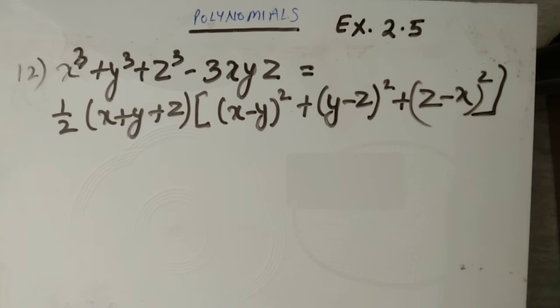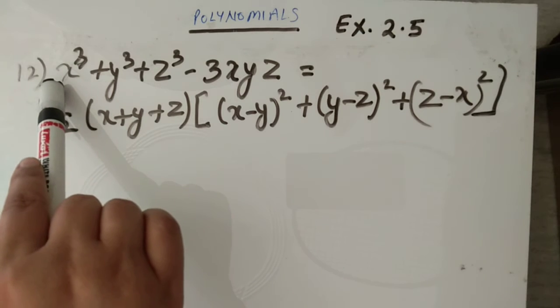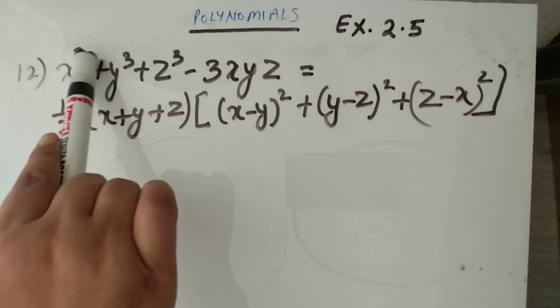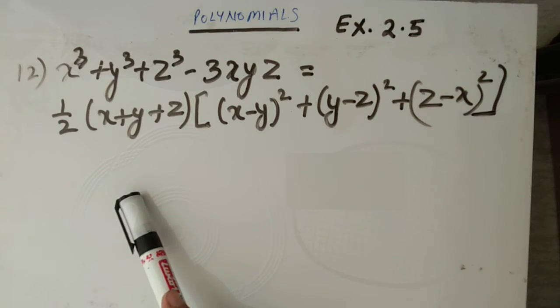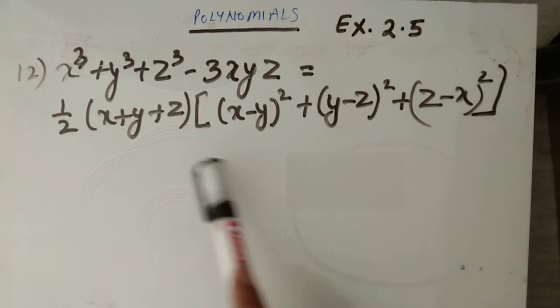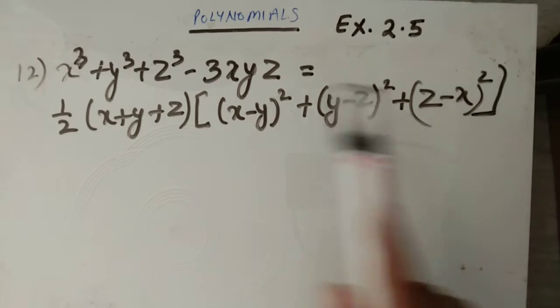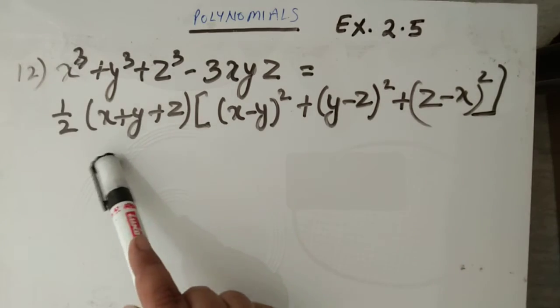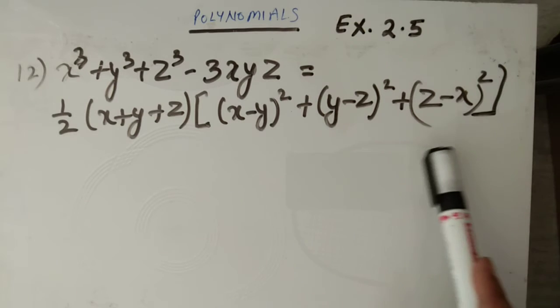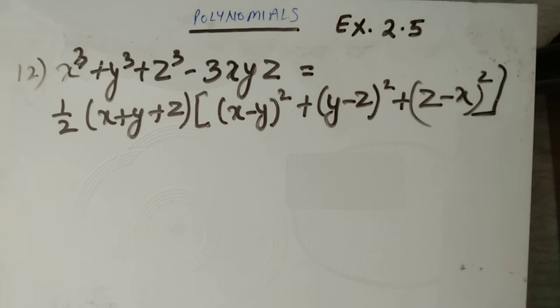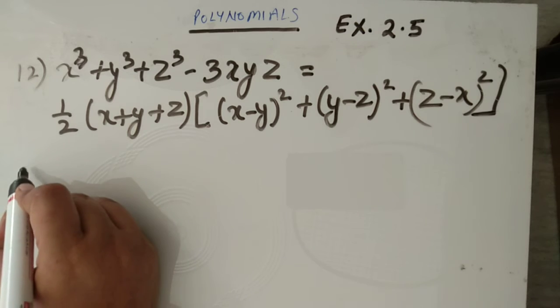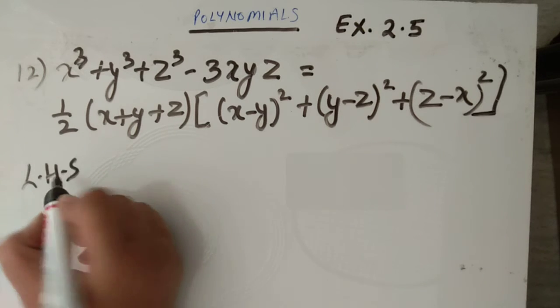Or another option is you will start from this part. Start from this part, use its factors, the formula we have studied in the previous one. Okay, then convert it into the form of this one, because when we open it, we find x plus y plus z, then x square, y square, z square. So try to convert that into the form. So we will start here from our left hand side.